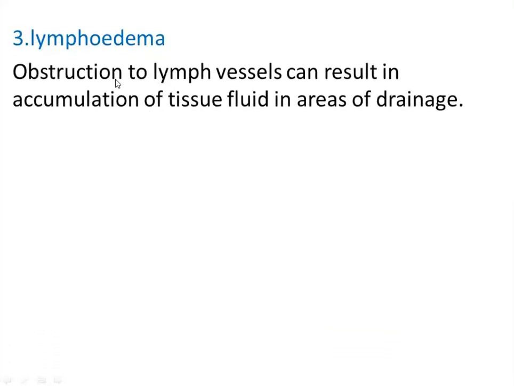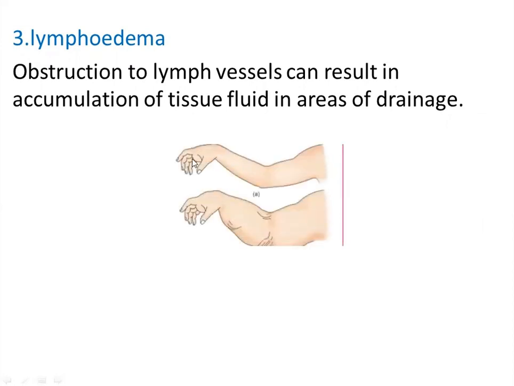Lymphedema is the obstruction of the lymph vessels, which can result in the accumulation of tissue fluid in the area. These are the clinical importance of the axillary lymph nodes, right? Here you can see this is normal. This is a lymphedema hand,